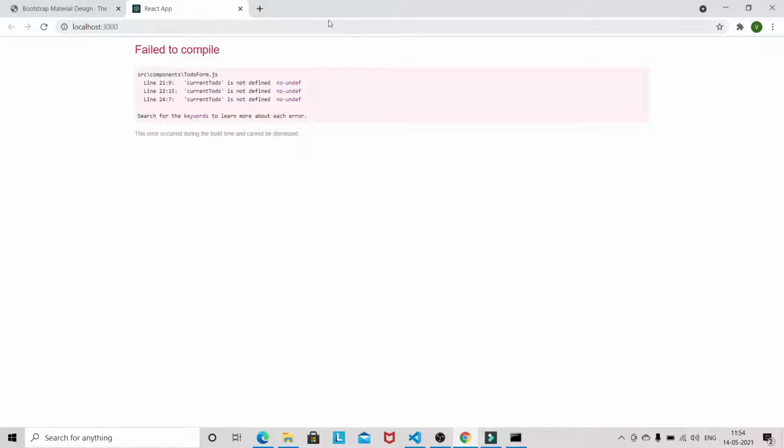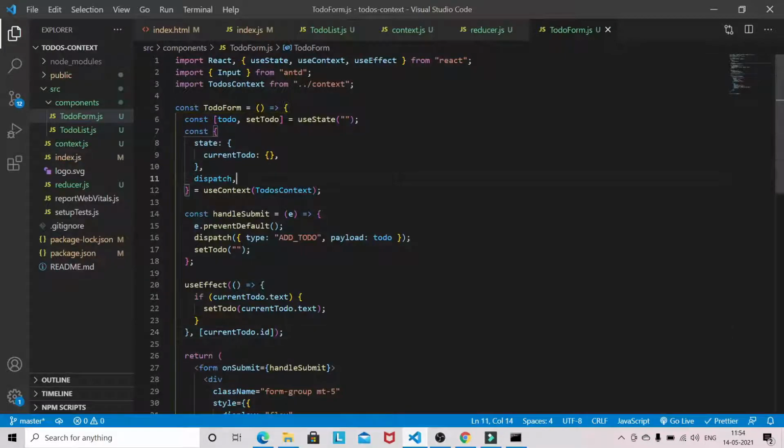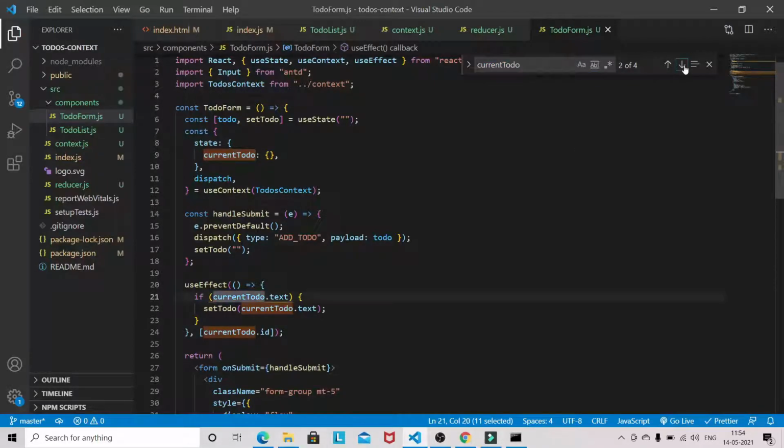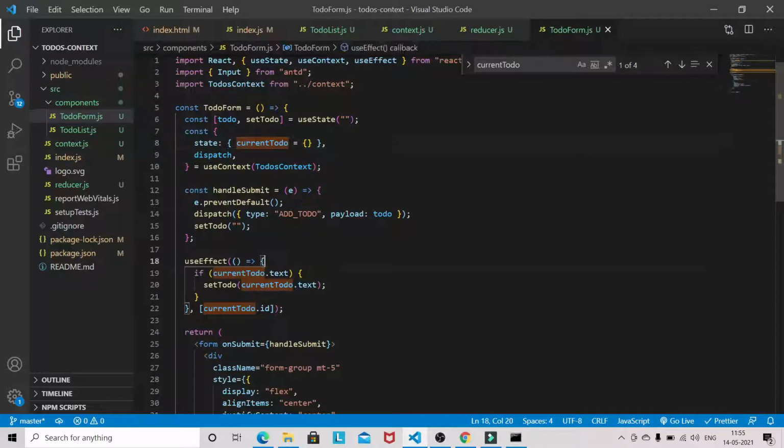So currentTodo is not defined. Why is that so? Sorry, this will be this way actually. That's why we are getting that error.